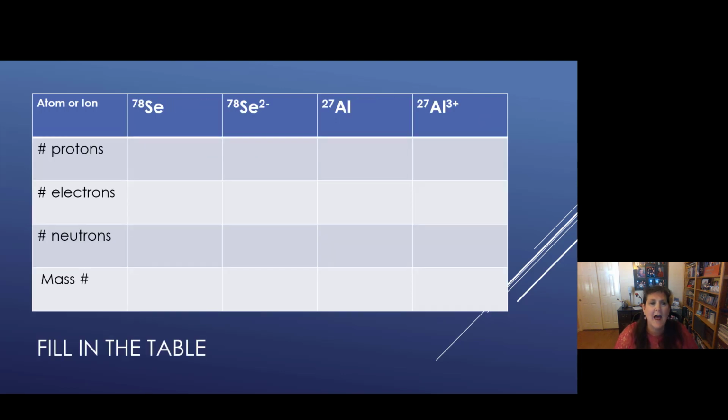Last problem, last slide in chapter 5. I want you to fill in the protons, electrons, neutrons, and the atomic mass number for these 4 atoms or ions. Remember what the top number is? I hope you remember. And you can get the protons from where? So hit pause and fill in this table. It's the last thing we're doing. And what's more chemistry than protons, neutrons, and electrons? Very, very chemistry. So pause and fill in this table, please.